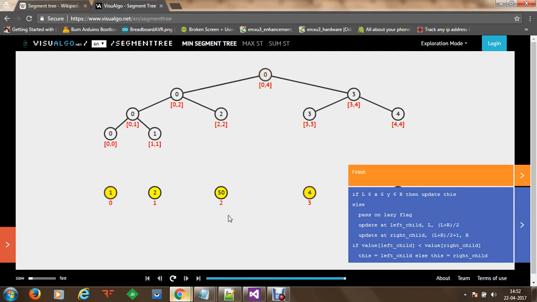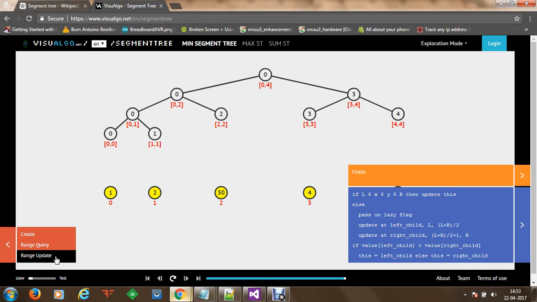So this is how you can see that a range can be modified as well. So we are going to perform these 3 methods. We are going to create a segment tree in C++, we are going to perform a range query in C++, and finally we are going to update the range or update a point within the segment tree.